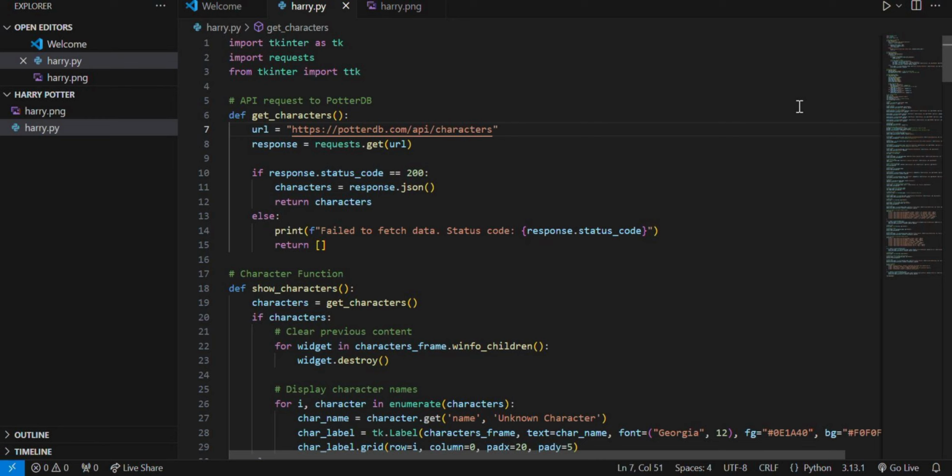The goal of the application is to allow users to search for and explore information about their favorite Harry Potter characters. Users can also view details about the Harry Potter books, movies, and potions. The project integrates multiple pages, and each page has a dedicated layout to provide a smooth, easy to navigate experience. Now let's begin by discussing the wireframe